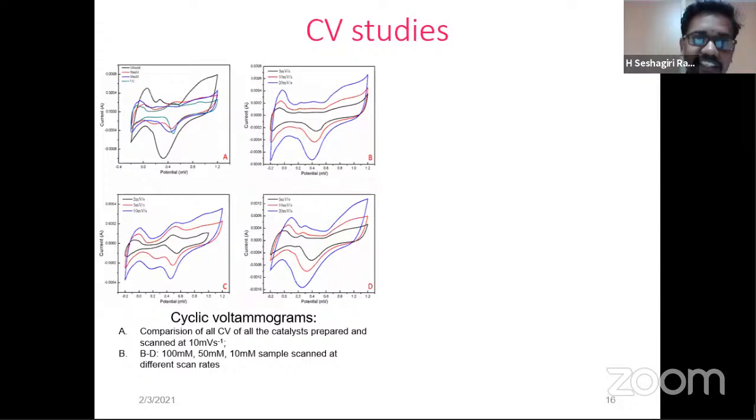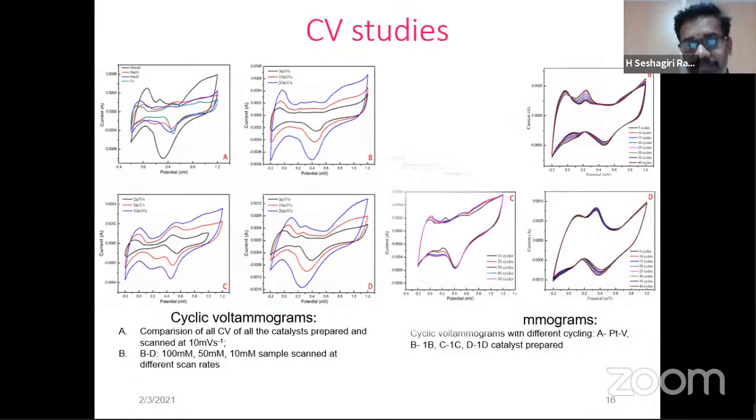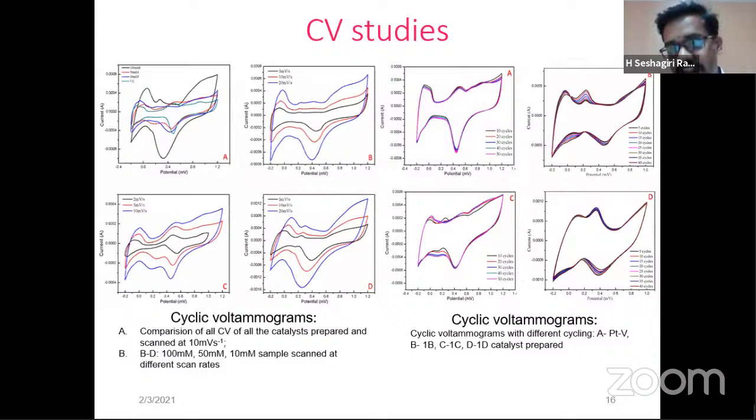So we have even considered the Vulcan carbon as a reference material. Here it is very clear that the compound prepared using the 100 millimolar solution showed good catalytic activity. At varying scan speeds of the cyclic voltammetry we ran the activity test, and it was very clearly understood that the catalyst was very stable by cycling. We performed the experiment for up to 50 cycles, and all the experimental results were almost repeated. This indicates that the catalyst was very stable over the glassy carbon electrode and the coating was good.